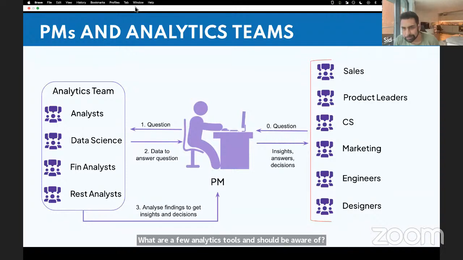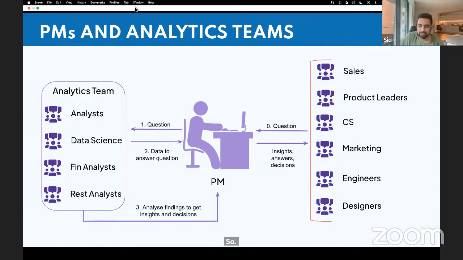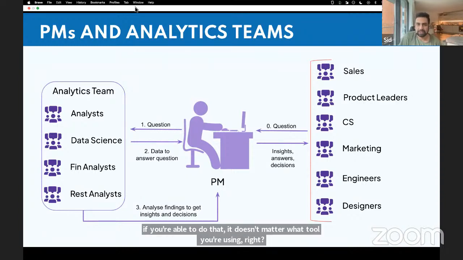So, I usually don't like recommending tools or naming a few. I'm more than happy to help you understand. I have used Mixpanel, I've used Hotjar, I've used Google Analytics. Google Sheets has been the primary analytics tool for me. I've used Tableau, but the tools that you use don't really make a difference. What makes a difference is, do you have the ability to consume and process large amounts of data and get an insight from it? And if you're able to do that, it doesn't matter what tool you're using, right? If you're able to look at data and just drive insights, that is what matters.